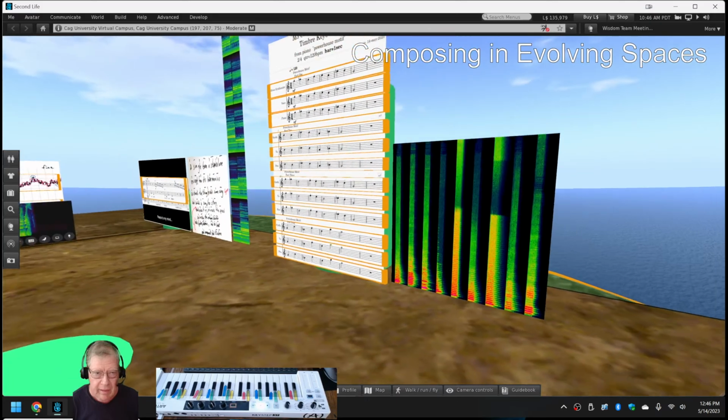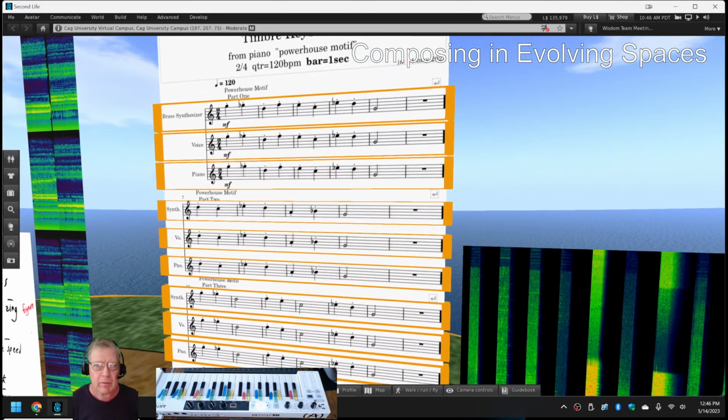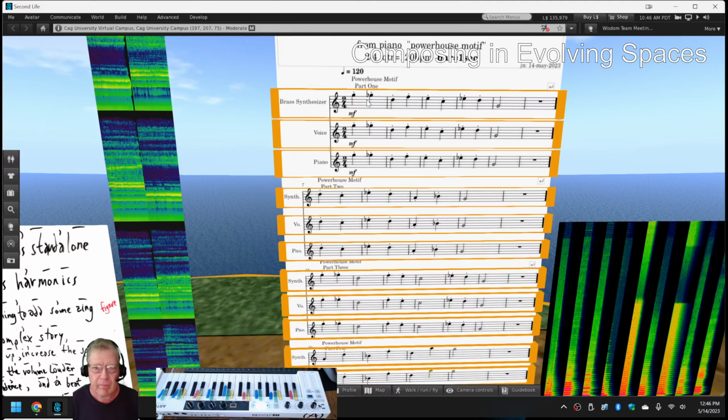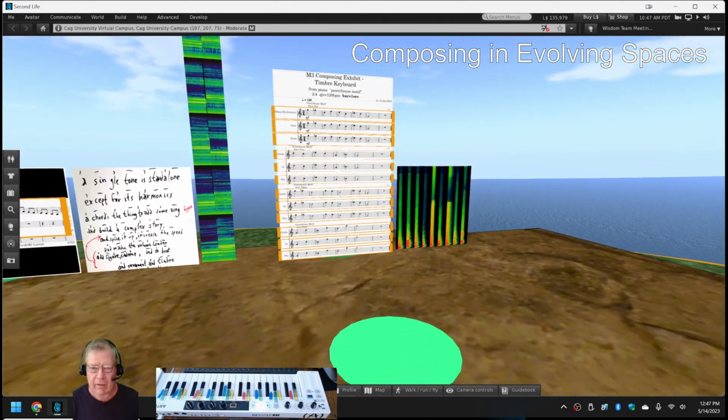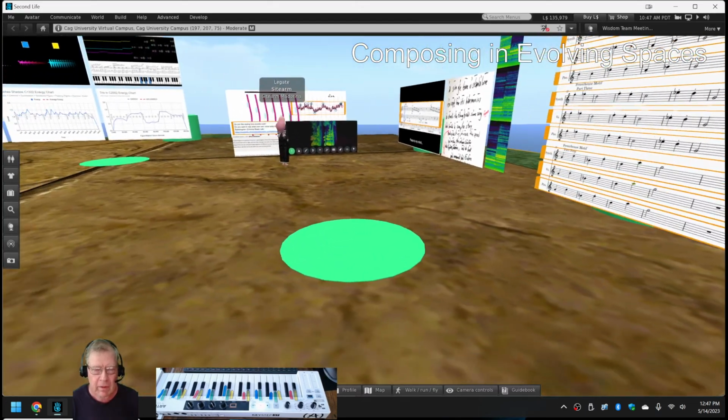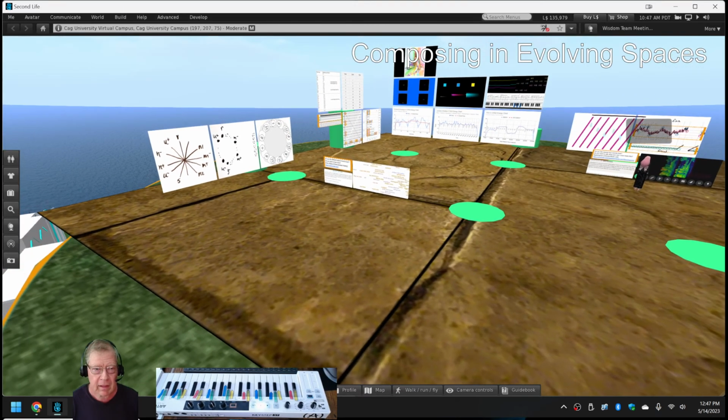Now, this is where that score came in that we showed you a minute ago. So we want something that's performable. And so we made these click playable buttons so that you can hear what a brass sounds like compared to voice. But you can also do things like offset them or more closely. And they've got different parts. So this is becoming performable, we feel. So, my God, that doesn't look like much, but